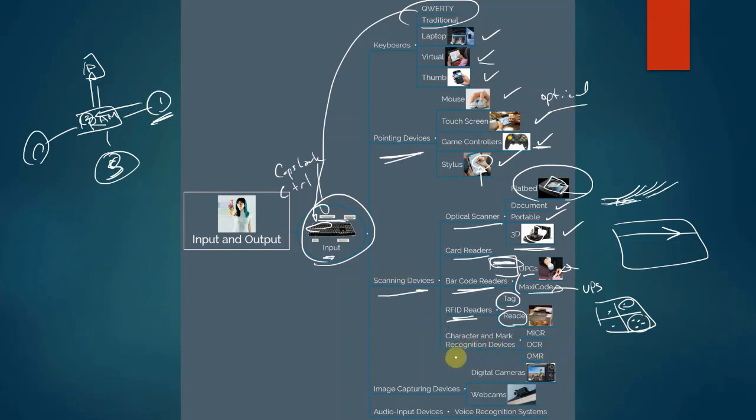You also have character and mark recognition devices. The first being what's known as MICR, which is magnetic ink character recognition. You'll find these on your checks at the very bottom, if any of y'all still write checks. I still do for a couple of things. The bank actually puts magnetic ink at the very bottom, such as your account number and the check number, that